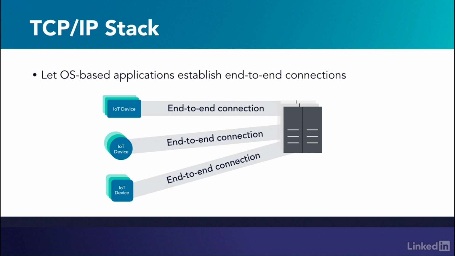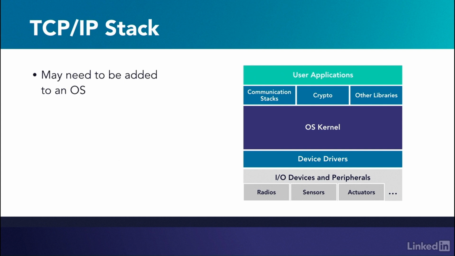Briefly speaking, the TCP/IP stack lets us enable our OS-based applications to establish end-to-end connections with standards-based protocols, including, for example, IP version 6 or version 4, UDP, and TCP, as well as messaging protocols on top of them, such as CoAP and MQTT. If you start building applications from a bare metal OS kernel, you'll need to add support